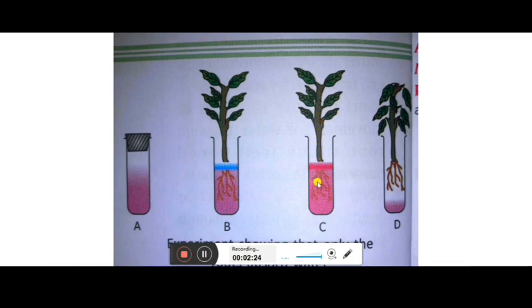So why is the red ink mixed in this water? So that we can see till where the water is absorbed. And in test tube D, since the water and the twig are not in contact, the twig will wither off, as it will not get the water from absorption. Also, evaporation will take place from the leaf, so the leaf will wither off. So this proves that only the roots are able to absorb water.